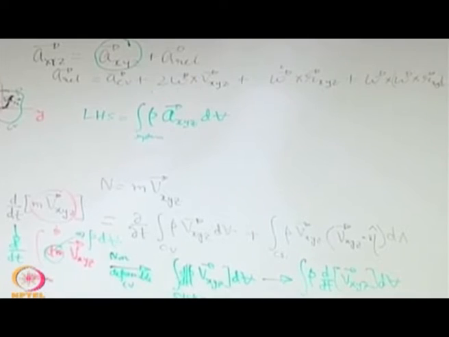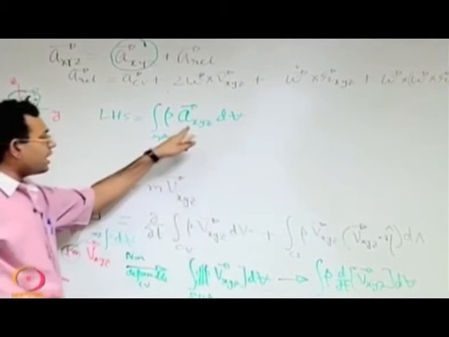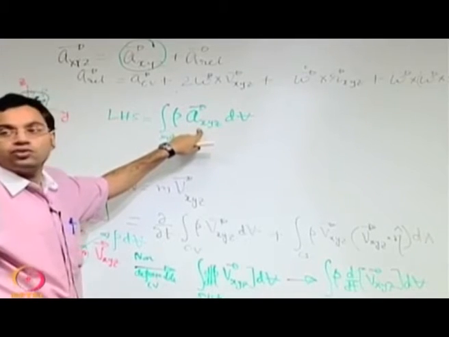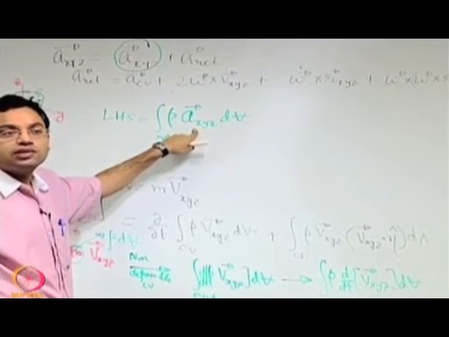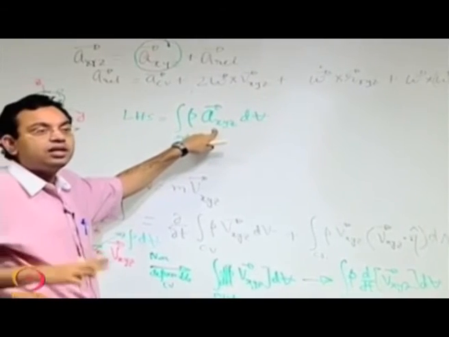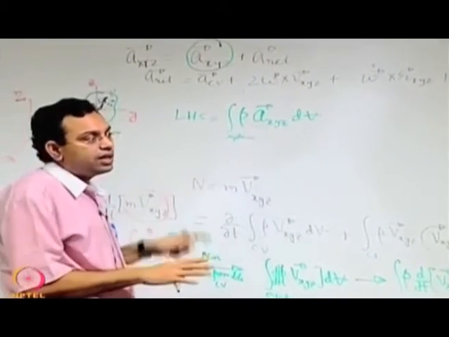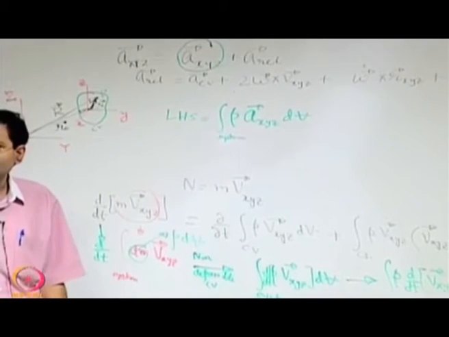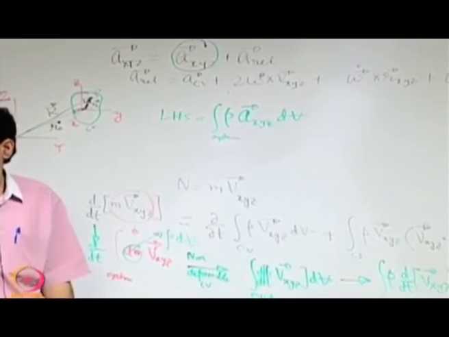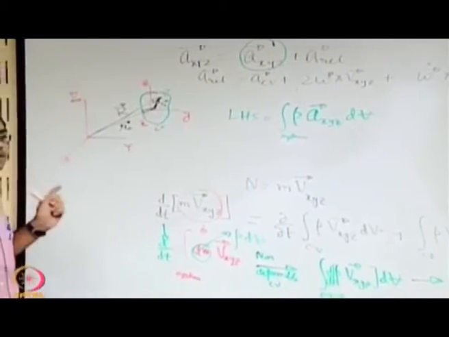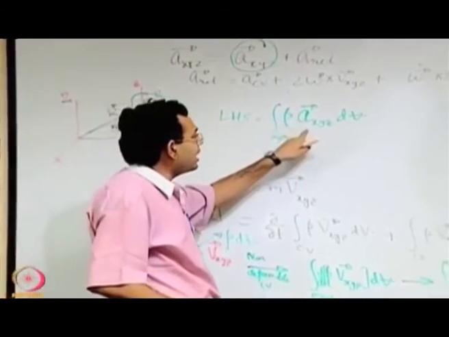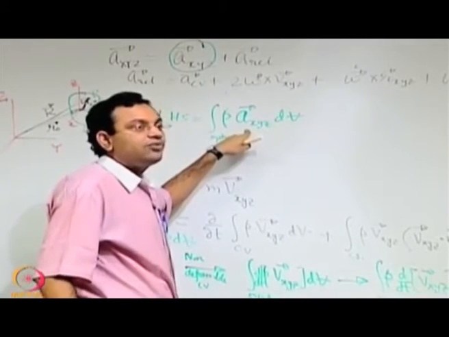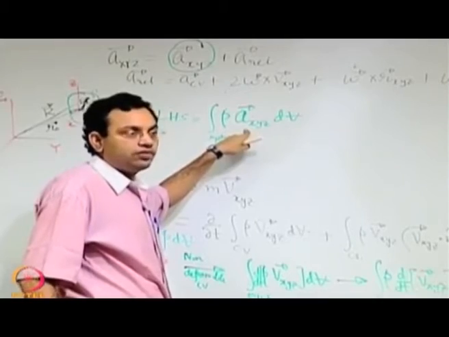What is our trouble? The trouble is that when we have acceleration relative to small x y z, we cannot directly apply Newton's second law of motion, because Newton's second law is valid for an inertial reference frame. Small x y z, in the special case when it is moving with a uniform linear velocity, is still an inertial reference frame, but in a general case not. So, to address the generality, we first need to transform it to capital X y z, so that we can use Newton's second law of motion.